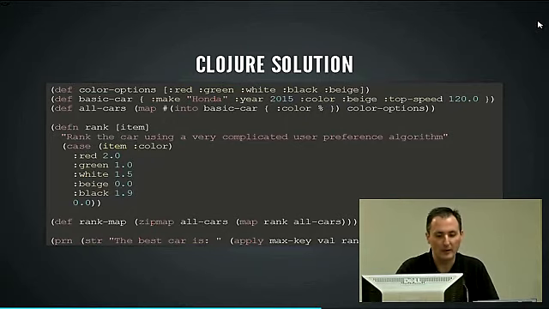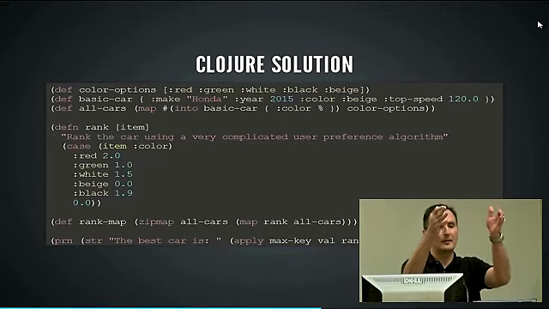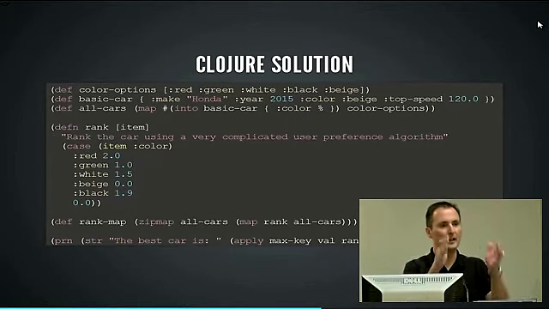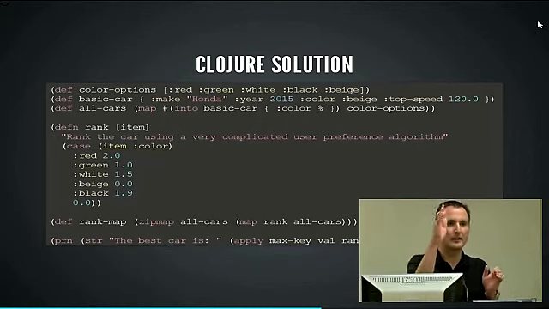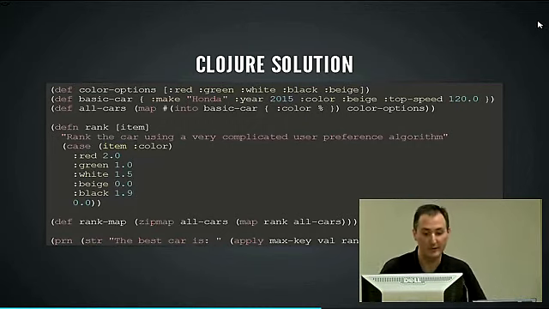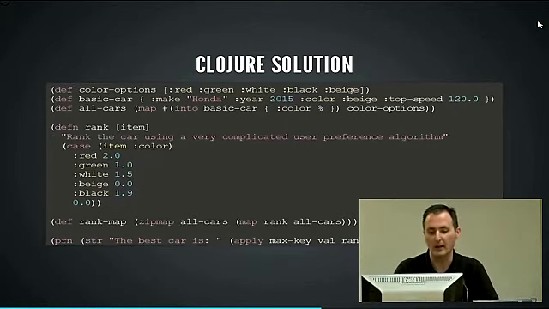And then I do something called a rank map. I define a data structure called a rank map, and it uses this thing called a zipmap. Zipping is something that you do in functional programming, in which you have 2 data structures and you line them up next to each other and you zip down them and you do something to that combination. And in zipmap, the things on the left data structure become keys, the things on the right data structure become values, so you can quickly assemble a map out of data. So I'm zipping and creating a map for all cars. All my cars are my keys, and I'm mapping the rank function over all my cars,